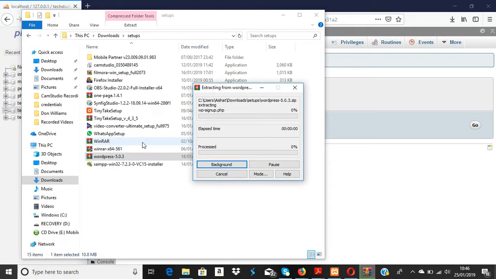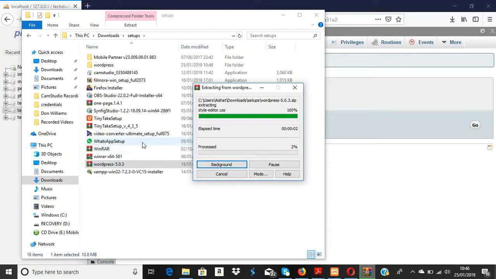So you click on it. So as you can see now, our files are being extracted. Our files are being extracted, and while it's extracting